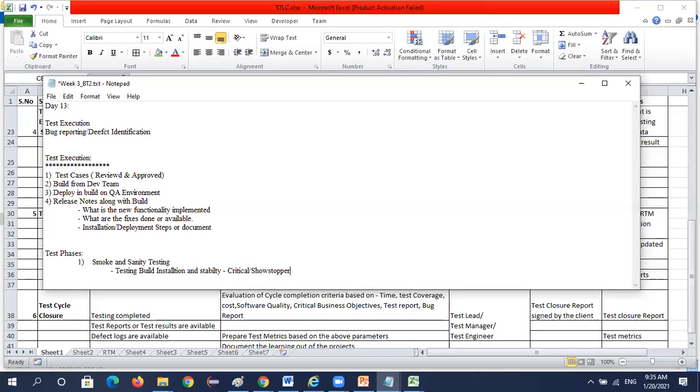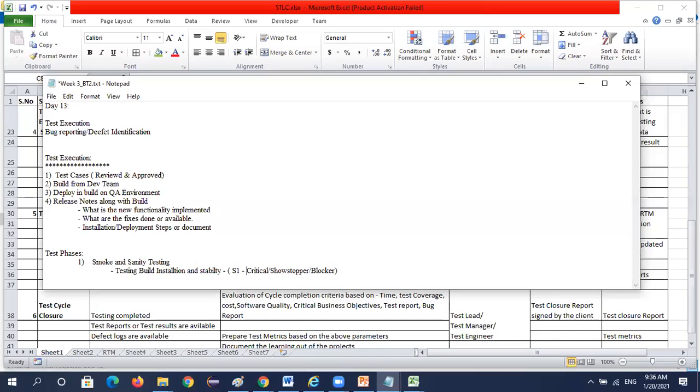This showstopper term will be used very frequently. Showstopper, or blocker. In practical testing, we use this showstopper or blocker. Showstopper means this is completely blocked. We cannot go forward. The show has been stopped, right? If the installation fails, we cannot do our testing.